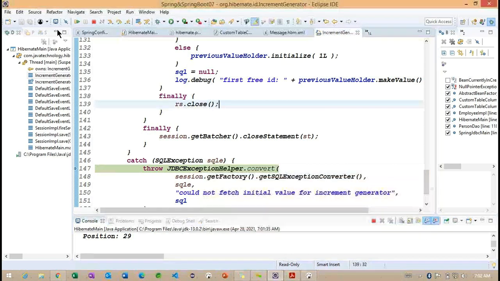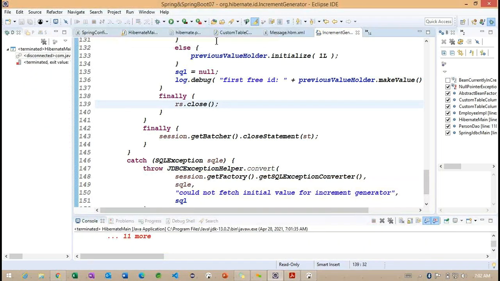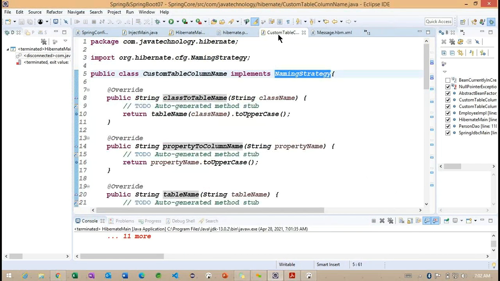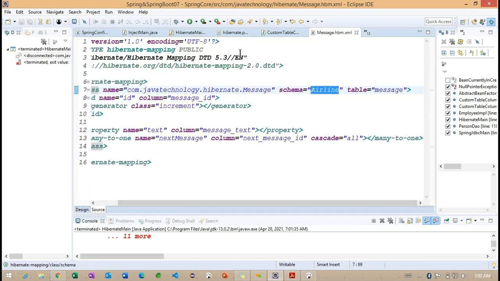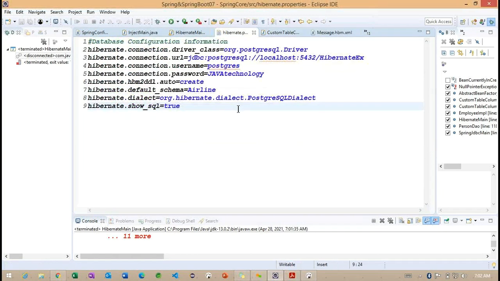What happened here? We are getting an error here. Okay, so with the schema, we don't have a table. We need to understand what this HBM to DDL command we are using is. And before using it, I want to put a breakpoint here. Even though we put the breakpoint, we are unable to call this information. So let me check the schema first.